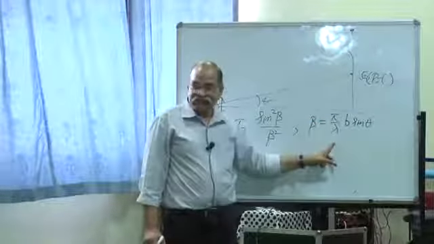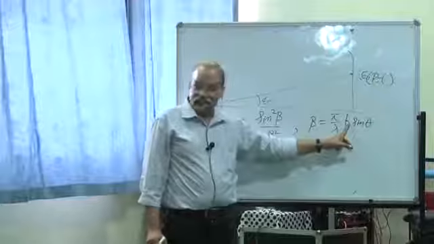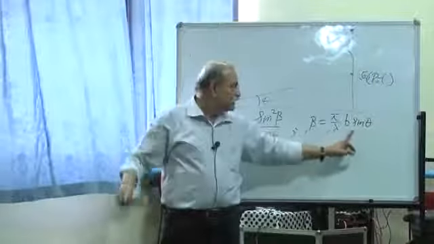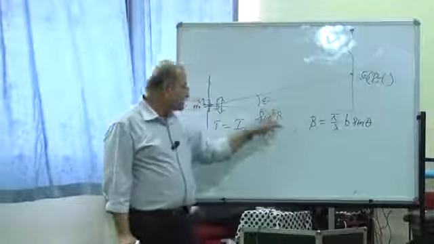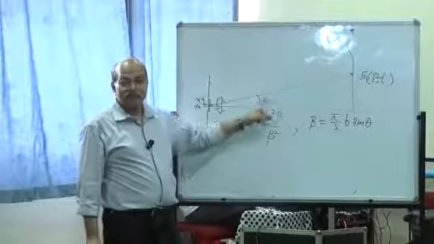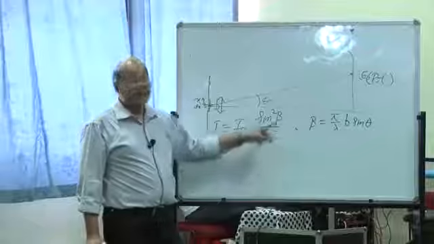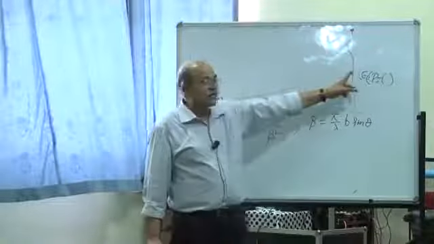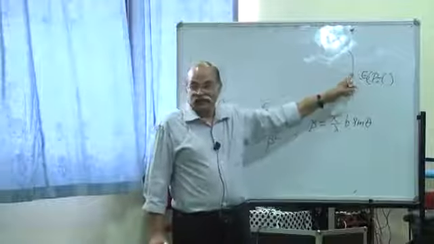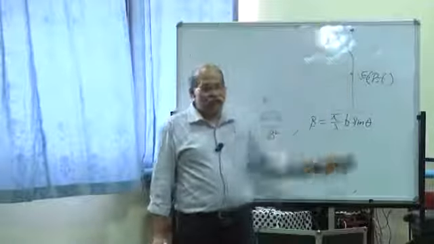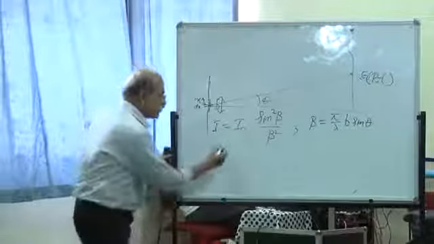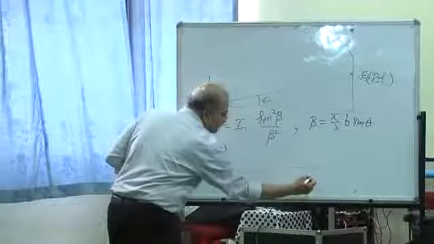Lambda is the wavelength of the light, b is the width of the slit, and theta I have already taken. Then I get this beta. Then this beta I will put here, sine square beta by beta square, and I'll get the intensity at this point. And then you vary theta, go up, go down. This if you plot as a function of theta or sine theta,